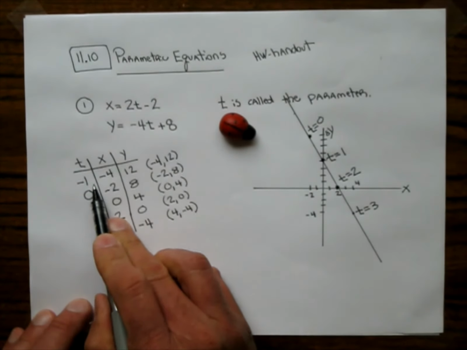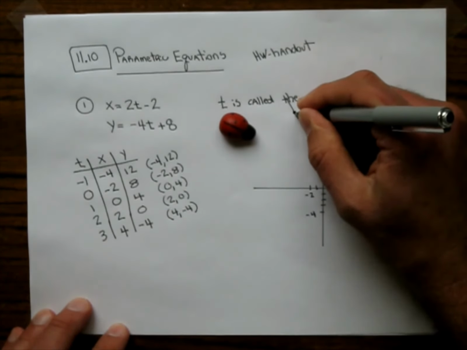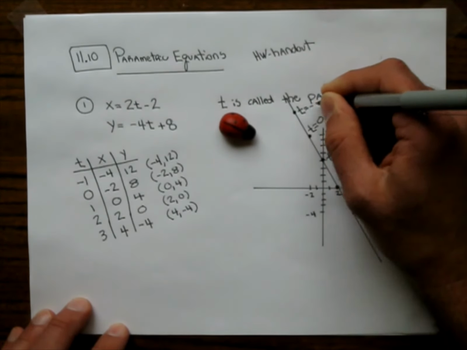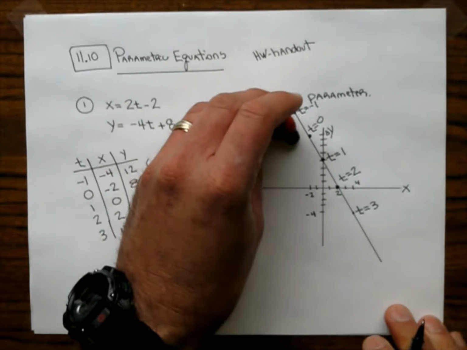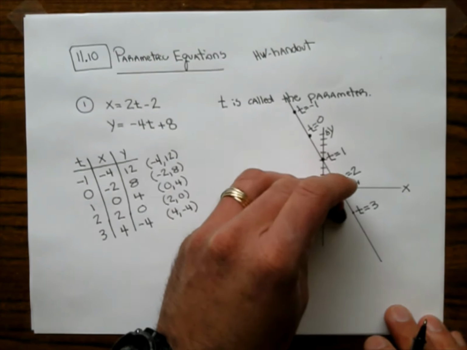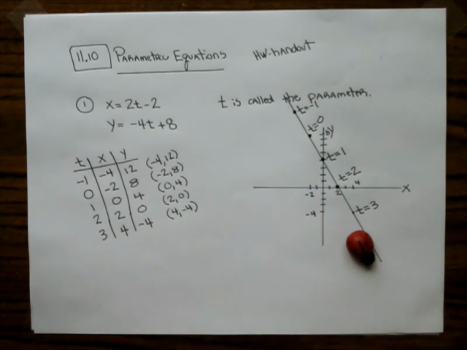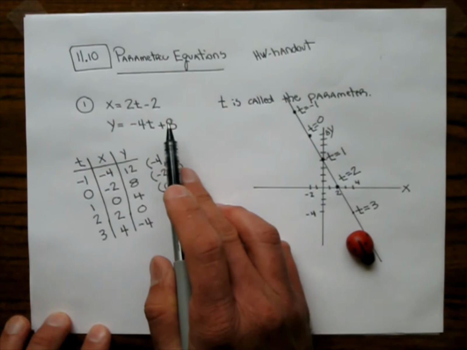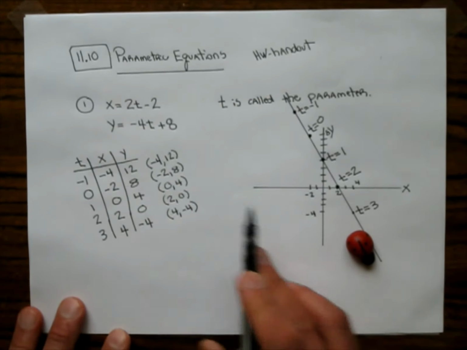1 second ago, at time equals -1, I think he was up here at -4, 12. And so what is the bug doing? He's walking this way on the graph. He's going like that. Well, so when you have a system of parametric equations, this curve that is described by